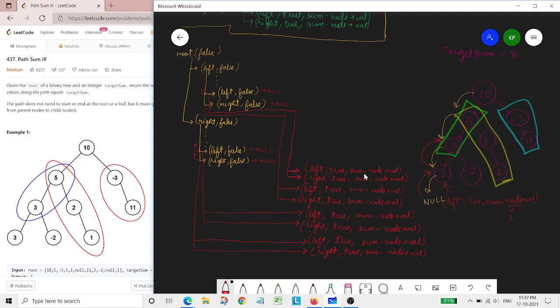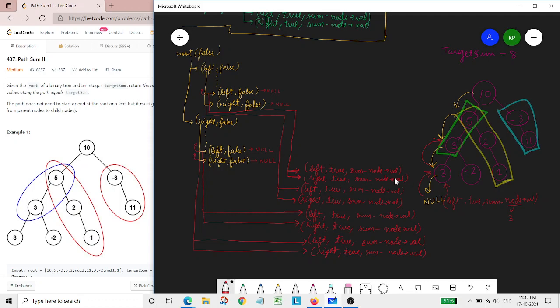Right? And at this moment our node is this one, so it will simply subtract that node value from the sum. It will do that, and then it will check for its right, and its right is also null, right?